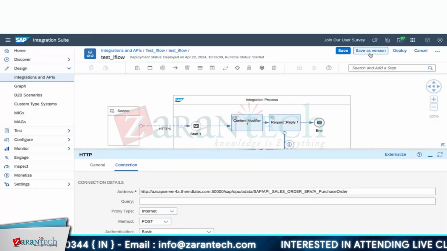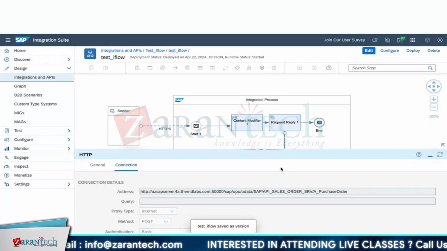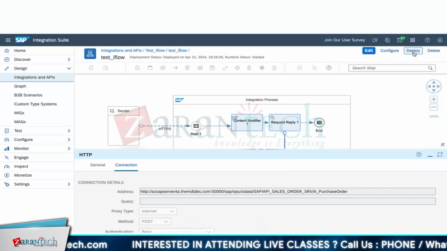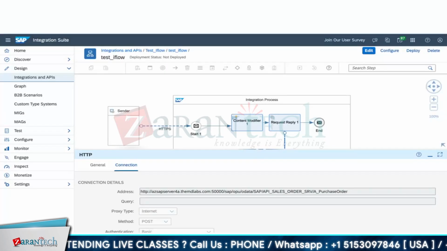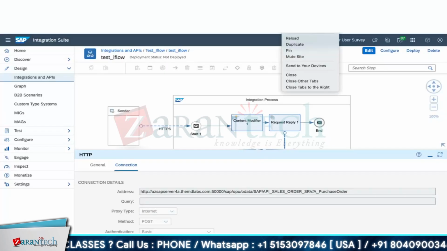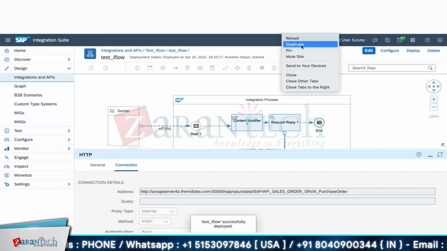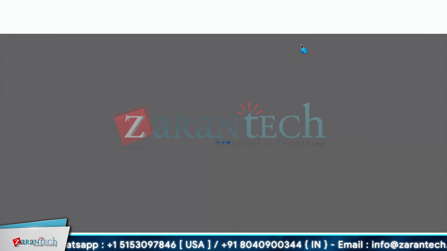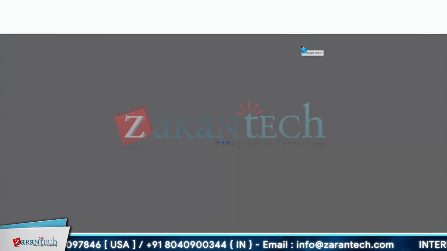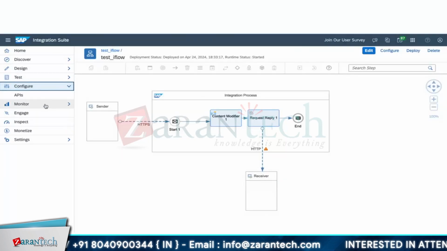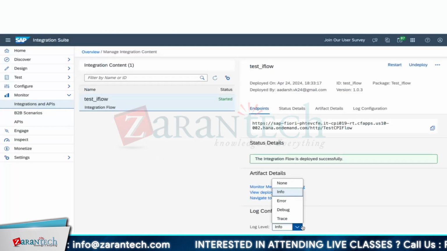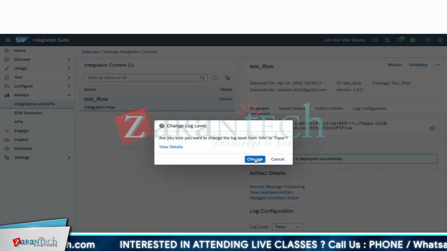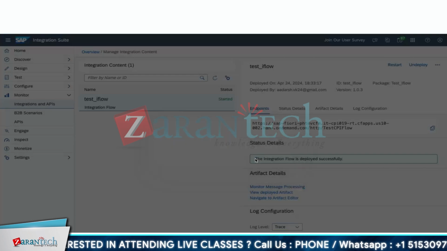Now let's save this as a version. Now we can deploy this one. If I want to see the data, or any step-by-step errors, I can enable some traces. So the log level I'm increasing from info to trace.